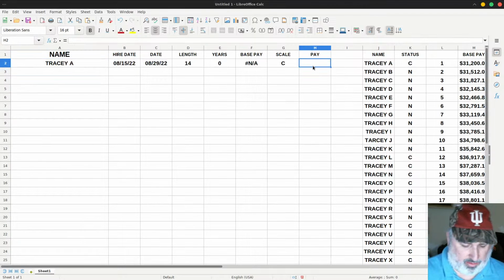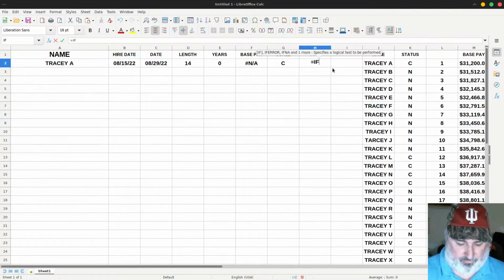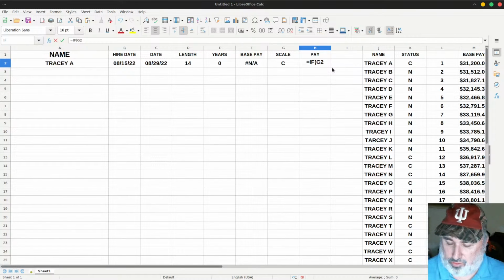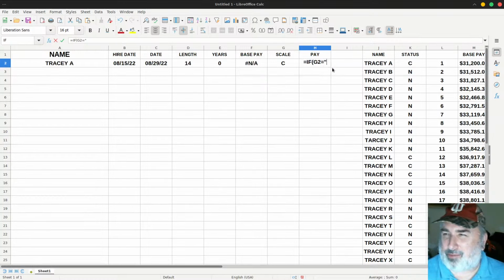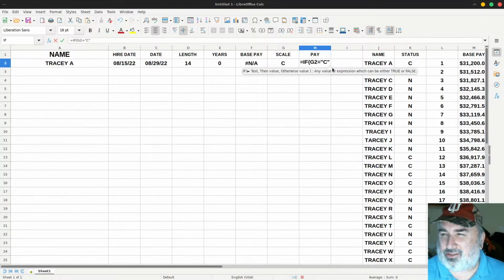An if command, equals if, and we're wondering about this here. That's going to change the pay. So if, and put the bracket, if G2 equals C, we got to put the bracket for the text. C equals C,